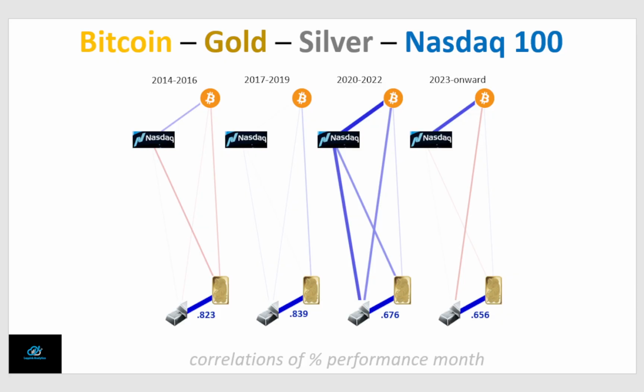But we can see that it is somewhat weaker than it was in the 6 years before. So still positive, though it's below 0.8. So the correlation has decreased, has come down a little bit. Okay, when we look at the Bitcoin versus Nasdaq, which is another interesting one, we see that in 2 of